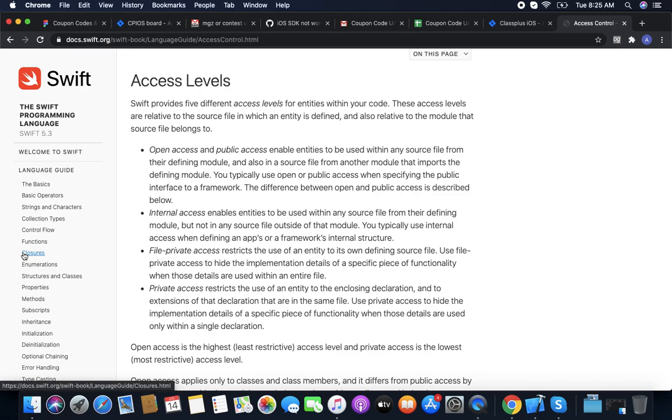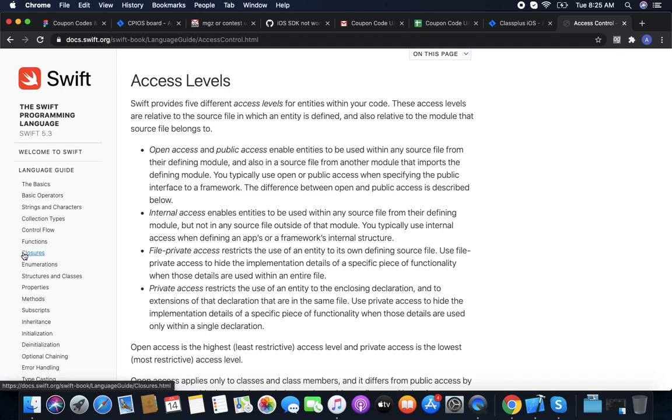Less restrictive is fileprivate. Same as private, but as the name says, for the file. We can use fileprivate properties and methods within the file. So if a file has one, two, or three classes or extensions, we can access the variables anywhere within the file. In private, we can access within the class, but fileprivate is less restrictive, so we can access it within the file.